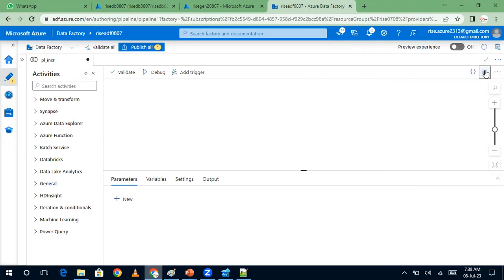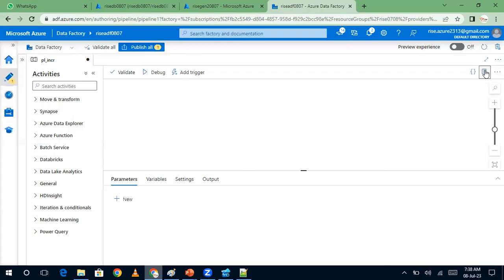Param, which activity should I use to read the metadata table? Get metadata. This is the biggest